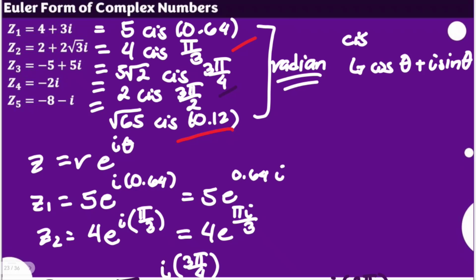So later on, in a discussion of complex numbers, there might be some examples or results that would be expressed automatically in Euler form. Please take note that our Euler form will have the r as its coefficient and e to the power of I times the factor aside from I for an exponent of e, which is the angle or the theta in terms of radian measurement. Thank you very much for watching.